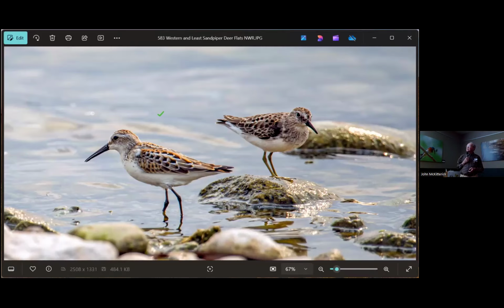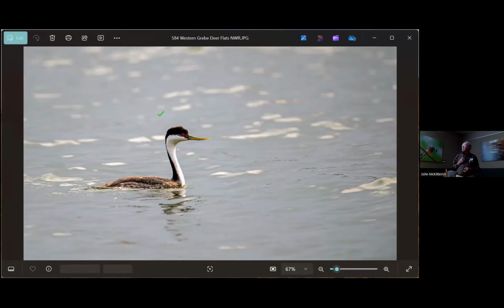The western sandpiper in your lower left, you can hopefully see the orange scapulas on the long-billed bird to the left. Shorter-billed bird to the right is a least sandpiper with its brown chest. No trip out there around water is complete without a western grebe. We found these, I guess, just about anywhere. There was a waterfowl population. Really neat bird. There are Clark's grebe out there as well. A little bit different head plumage, but